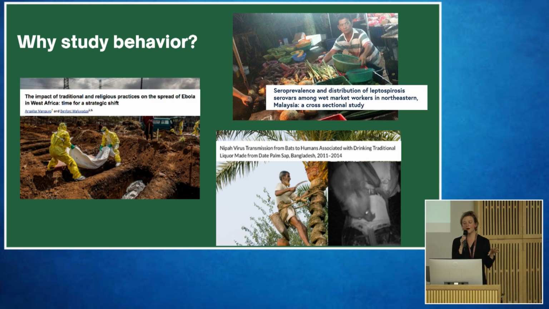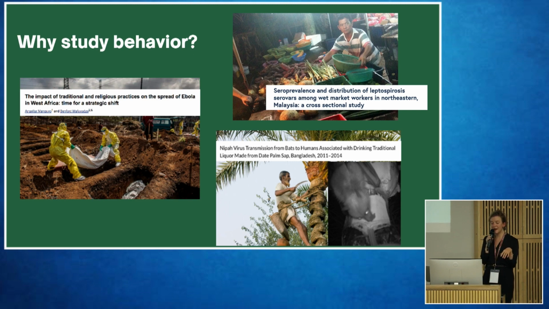On the bottom here, we have studies that have come out of a case study that's repeated in our talks today about Nipah virus in Bangladesh. This is a really fascinating case study in that there's found to be higher exposure rates in folks, particularly in Bangladesh, who drink date palm sap. Now the mechanism of exposure here is that fruit bats feed on date palms and were opportunistically drinking the date palm sap that's been collected by folks who then collect it and drink it unpasteurized. So this is a really interesting high-risk interface that really highlights how much behavior and local behavior can affect these